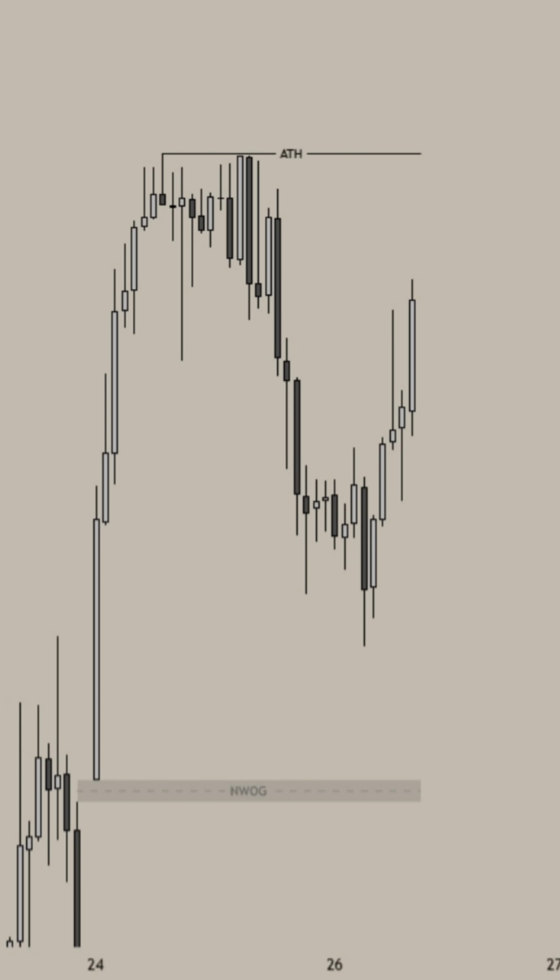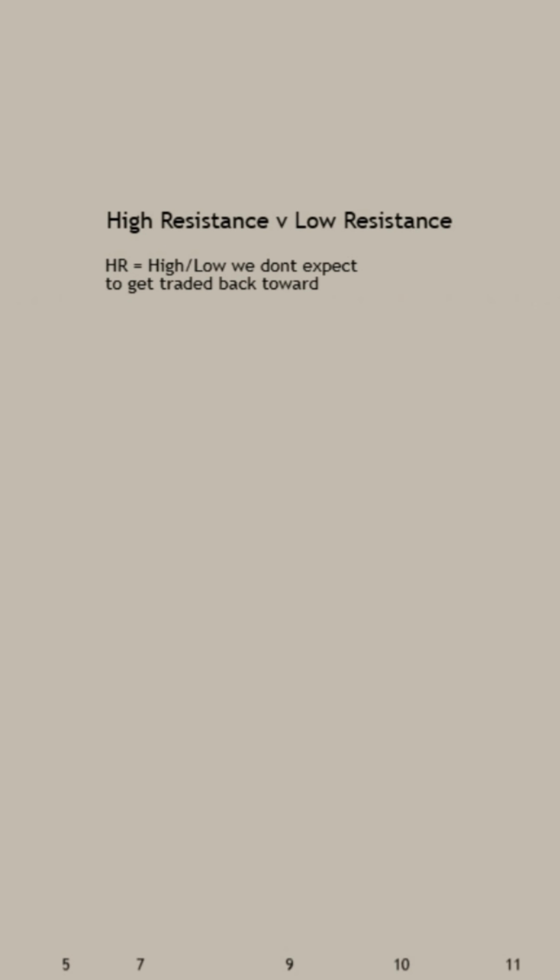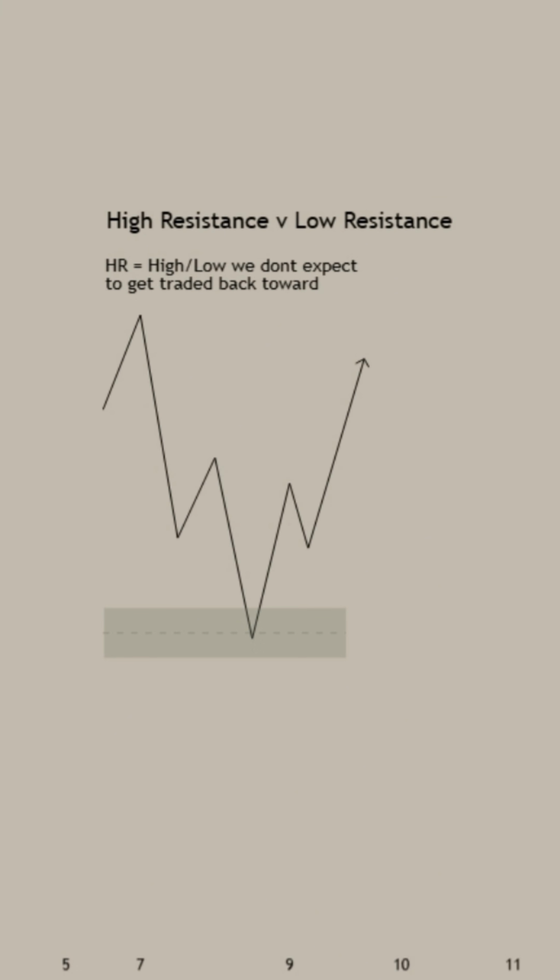Here's how to find your draw on liquidity when you have a very strong draw above and below price. And it's all going to be done through the idea of high resistance versus low resistance. So high resistance is a high or low that we don't expect to get traded back to. And this is shown when we tap into a high time frame PD array, we get displacement from that, creating